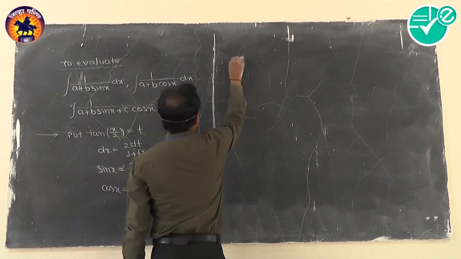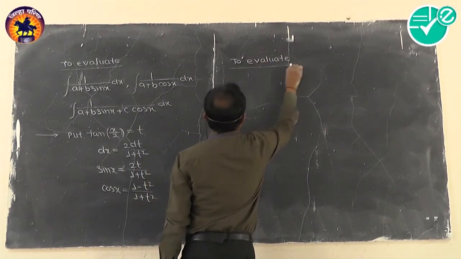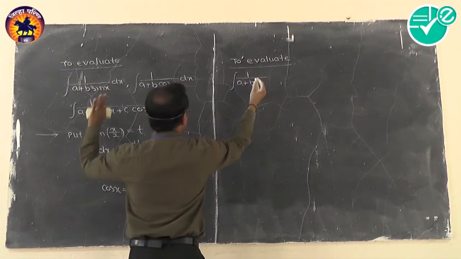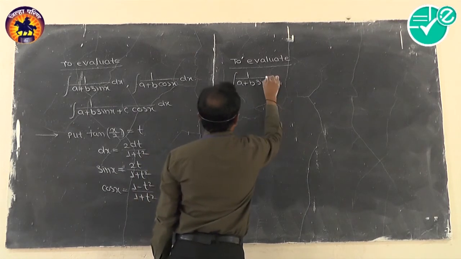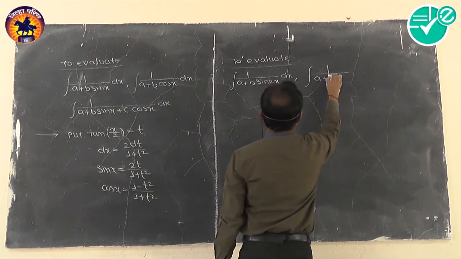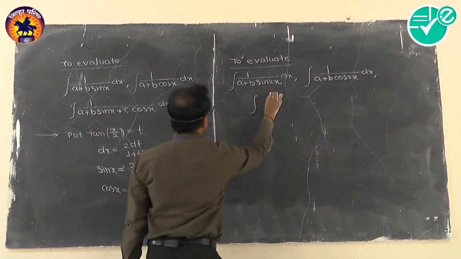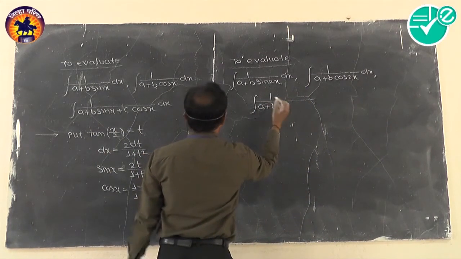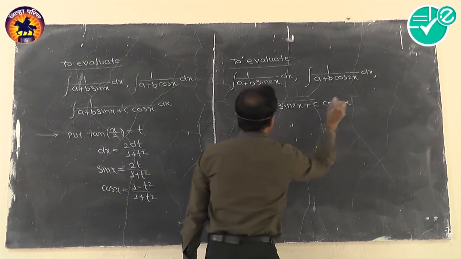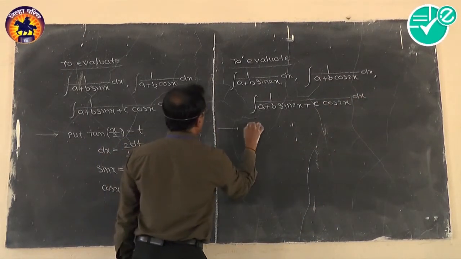And the very last format, it is not important but we have to take it as far as the syllabus is concerned, that is to evaluate the next format. The next format is for double angle only, and after that this article completes. Here it is 1 upon a plus b sin 2x dx. The second one is of the same fashion, 1 upon a plus b cos 2x dx. The very last format is 1 upon a plus b sin 2x plus c cos 2x dx. You have to write the substitutions here.